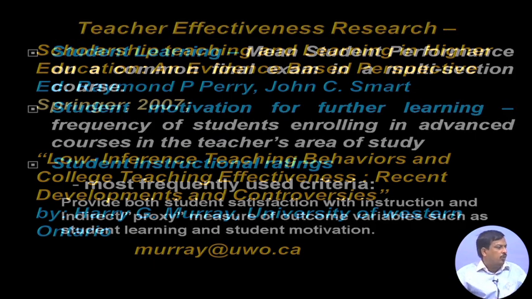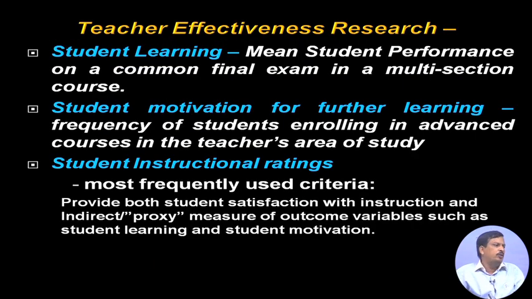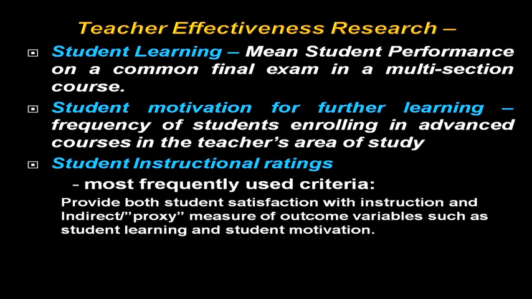So, how do we measure good teachers? One approach is student learning. The main objective is whether the student has learned or not. That means, if I teach a multi-section class and the sections are taken by different teachers, and the students are randomly distributed among the sections, it is not that good students are in one section and bad students in another. Let us say they are randomly distributed, and the student outcome is the marks. So, student performance is one measure of good teachers.